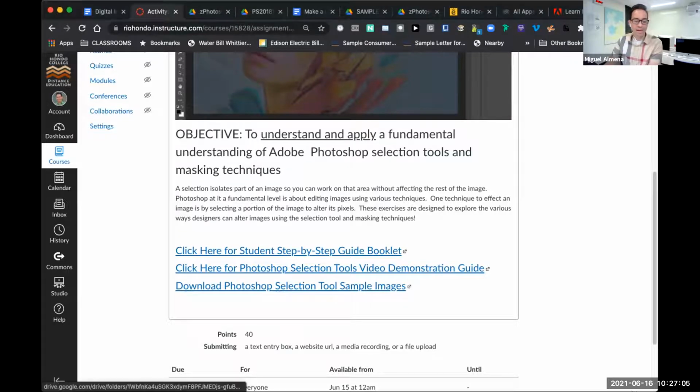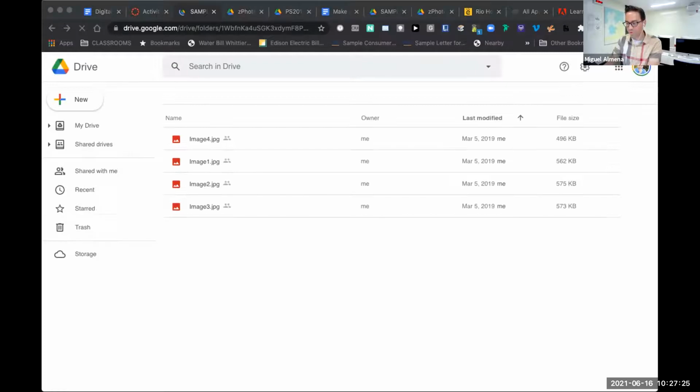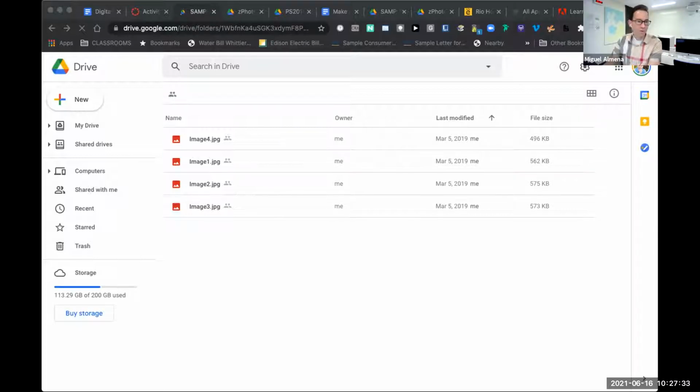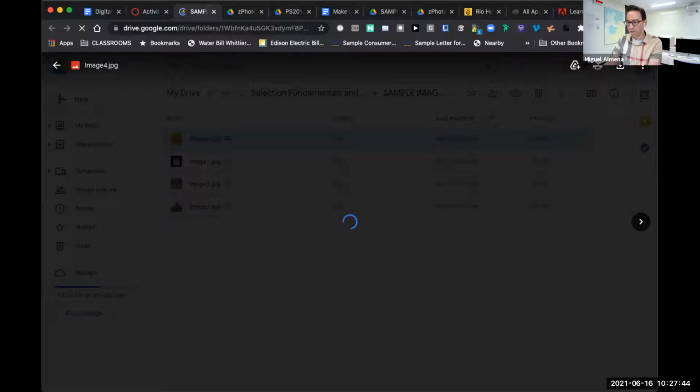Okay, the last link at the bottom, it says download Photoshop selection tool sample images. There are 4 images here, so we are going to click onto that folder, and that's actually where we get our images. So we're going to start here, and then we'll refer to the video there as a reference and kind of move us in that direction. Okay, so we'll start downloading these images. You can start with any of these images. You can start with image 4 if that's easier, but we're basically going to click onto the image,